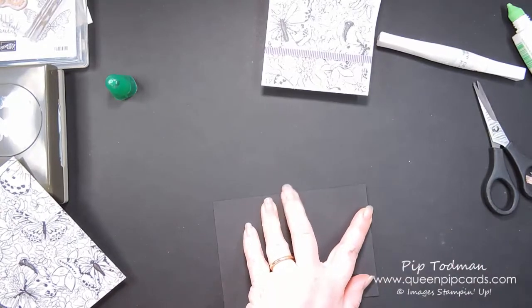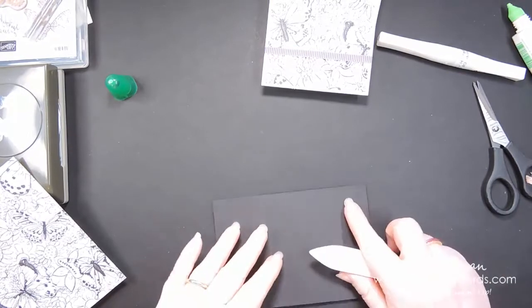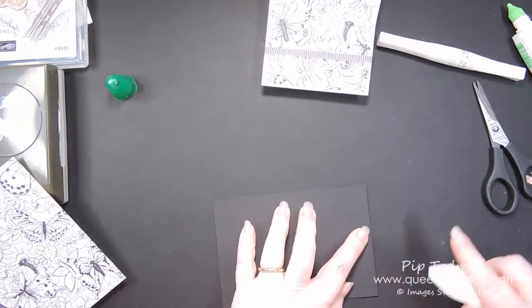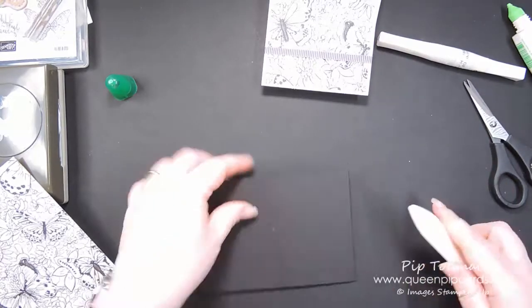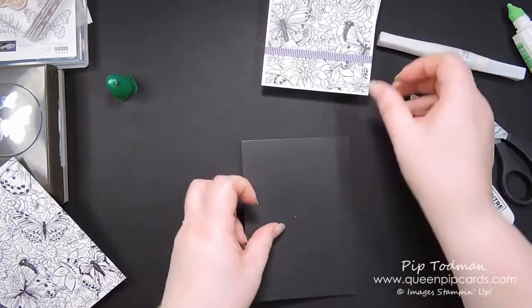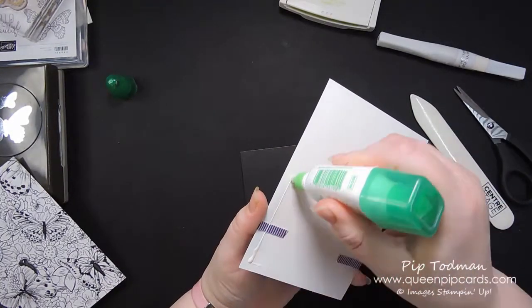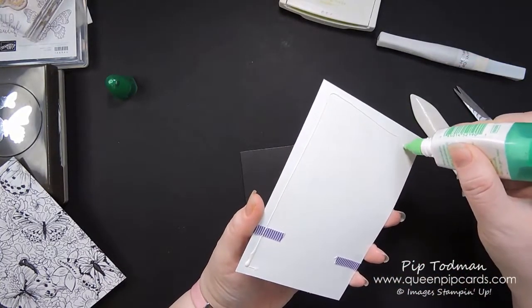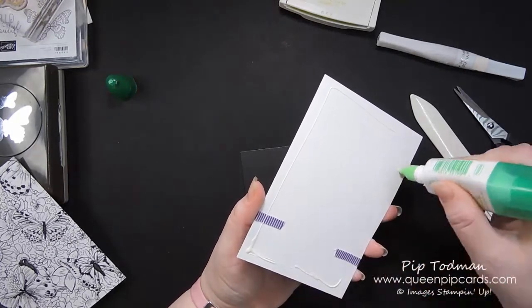And then I'm just folding my cardstock in half. And then I'm just going to glue this down. And this could be a note for any reason, really. But you could...